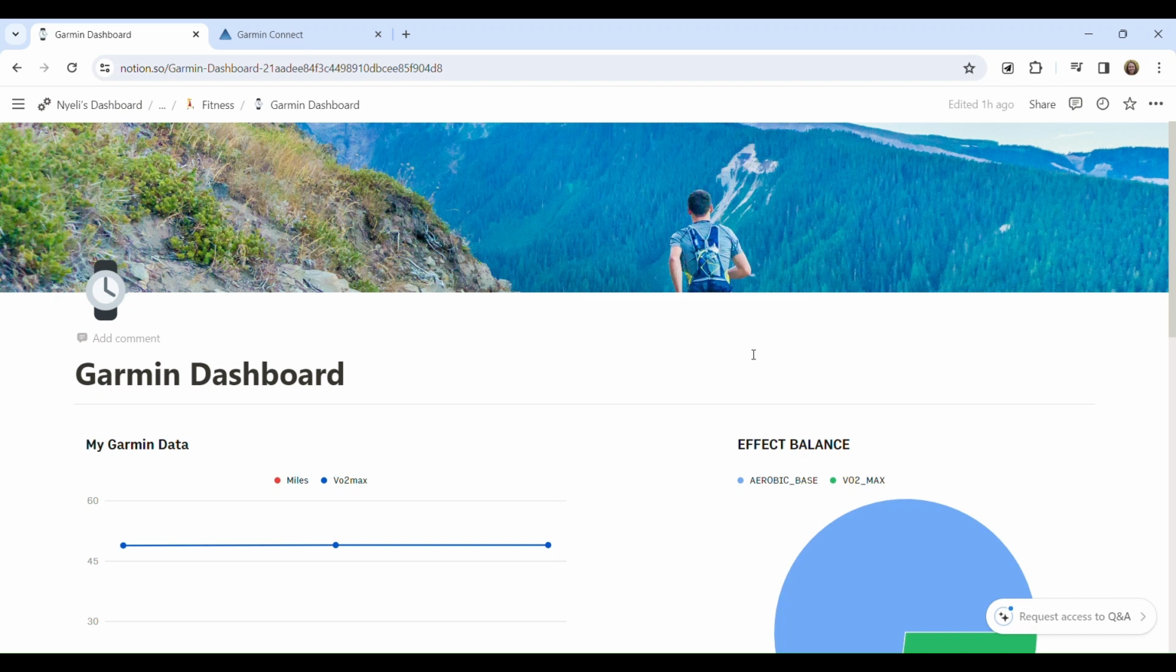So today I want to show you how I used Python to grab data directly from my Garmin Connect and put that data into a Notion template here to build this Garmin dashboard. I did this partially because I want to keep all of my fitness data in one place within Notion, where I keep all of my other notes and task managers and stuff,